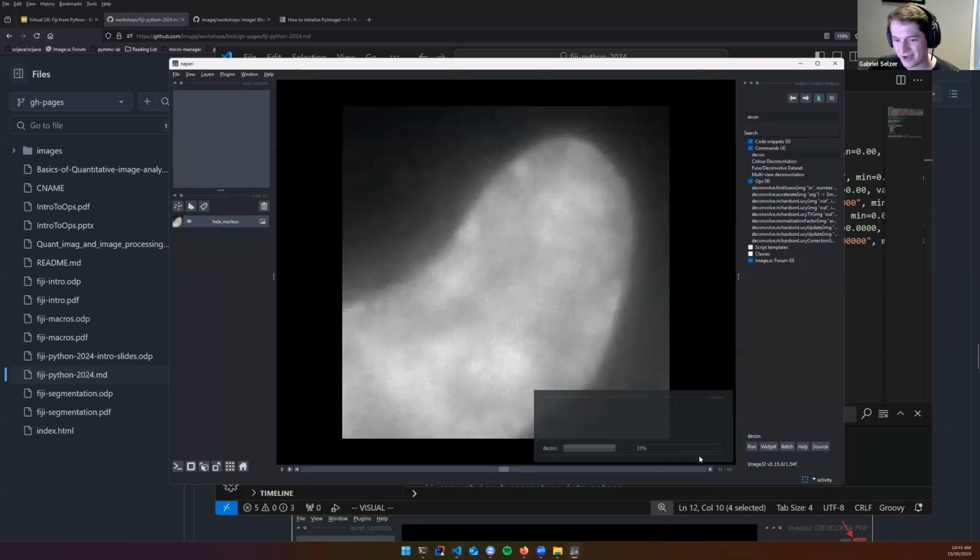You'll see the activity pane is thinking here, and decon can take a minute, right? So it's kind of nice to be able to see this spinning down in the bottom, know that your script is running, and you can see it here in the progress bar. Unfortunately, this is just sitting at 33% until it's done, so it's not super helpful, but at least you know it's running. It's still computing, and then eventually the result will populate,